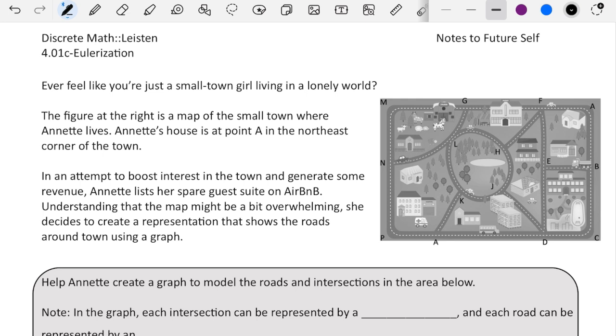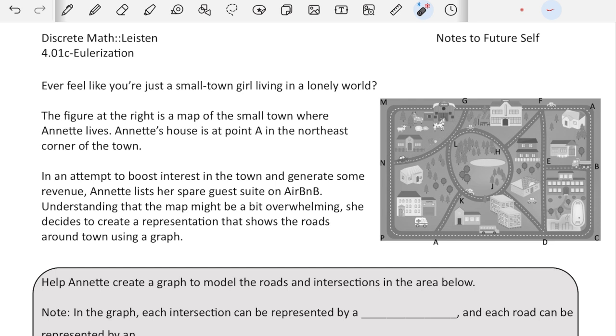Today, we're going to be continuing where we were last time, looking at Euler networks. We're going to be talking about something called Eulerization. This idea of Eulerization is what really happens when we're considering an Euler circuit. Now, as we've seen, some graphs have an Euler circuit, and that happens when every vertex has an even degree. We've seen that some graphs have an Euler path, and that happens when we have exactly two vertices with an odd degree. But for everything else that has more than two vertices with an odd degree, there is